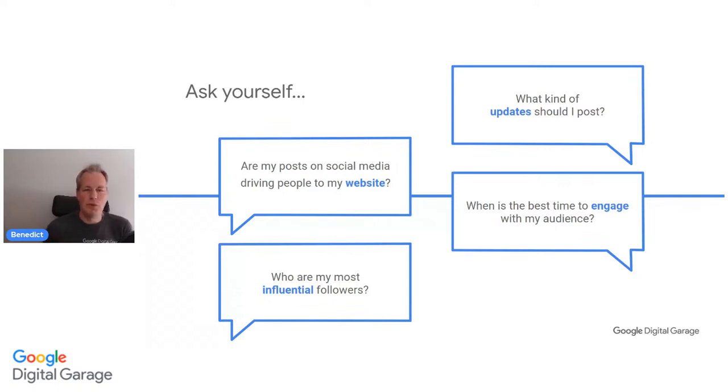And then who are my most influential followers? What kind of updates should I post? And when is the best time to engage with my audience? Because the big thing you can often find out from the social media itself, it'll help you with the different things where it's telling you the best times to actually be channeling some of these different important posts. And you can always find out this information to help you, because it's really important to make sure with your target that it's appearing at the right time, when they're going to have a chance to be able to sit down and actually investigate it further.